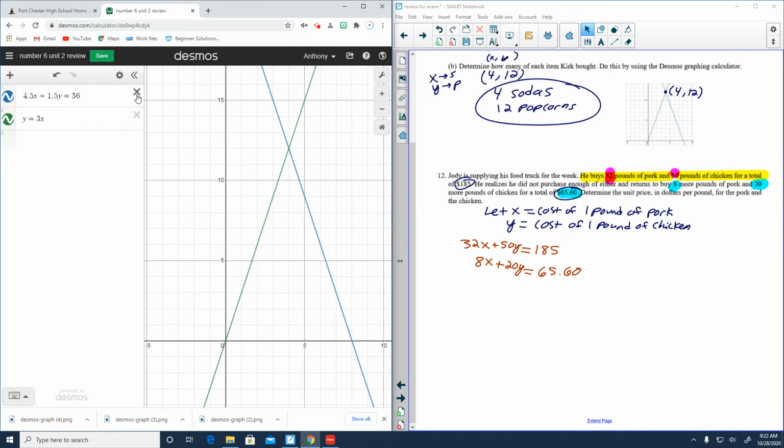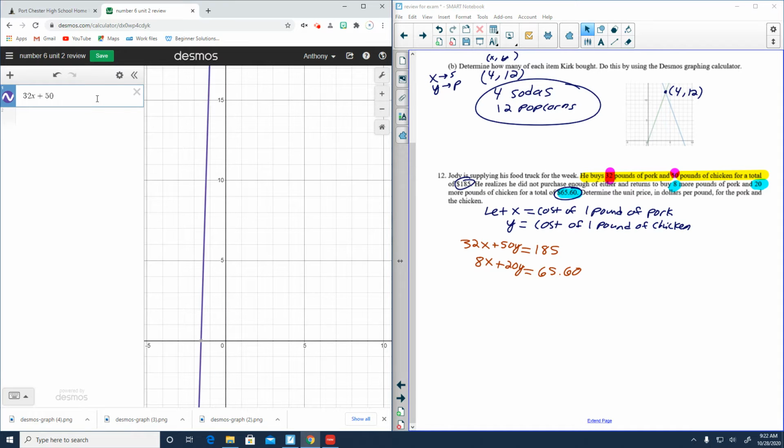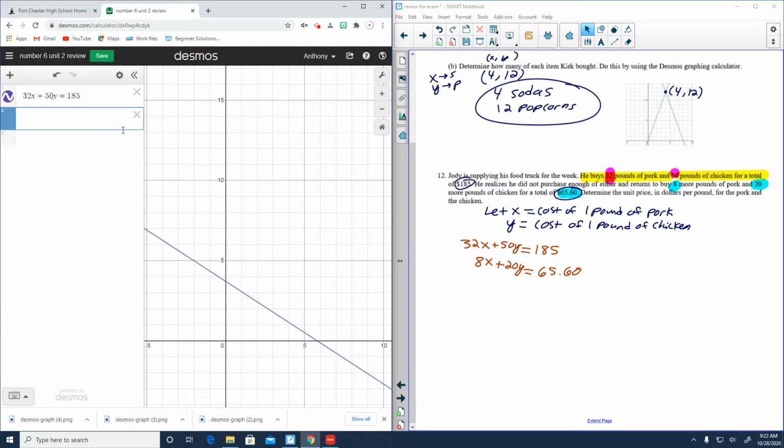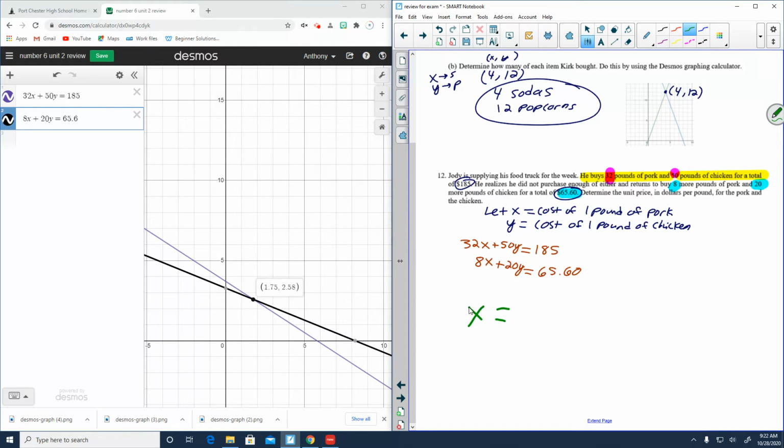So we have 32x plus 50y equals 185, and you don't have to use x and y. I just did so that we would have consistency with our Desmos graph, okay? So we have 8x plus 20y equals 65.6. And now let's see where our graphs intercept. (1.75, 2.58). So now that means that x equals 1.75 and y equals 2.58,